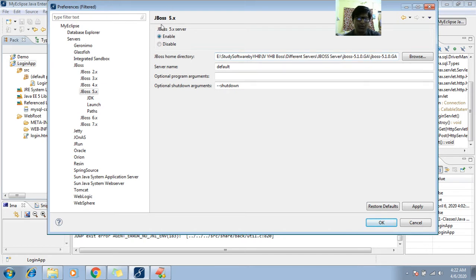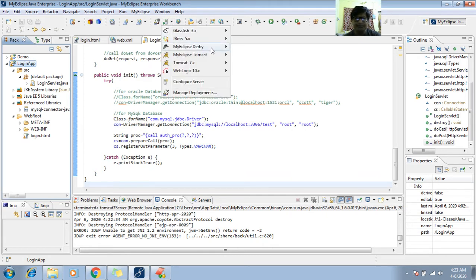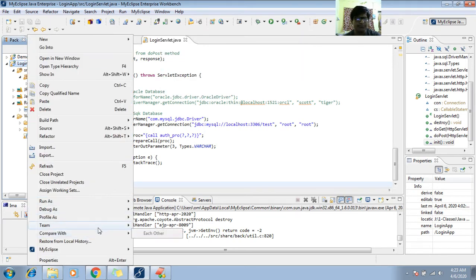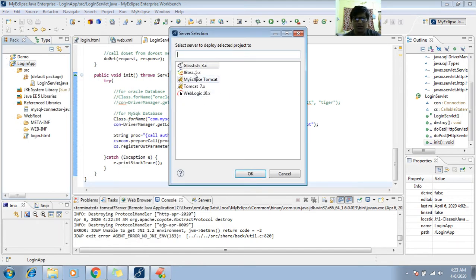So click on enable, please. Enable, then apply, then okay. Now you can see here JBoss. Okay, JBoss is there. Fine. So right click on login app, run as MyEclipse server application. We will find JBoss. Hit OK.